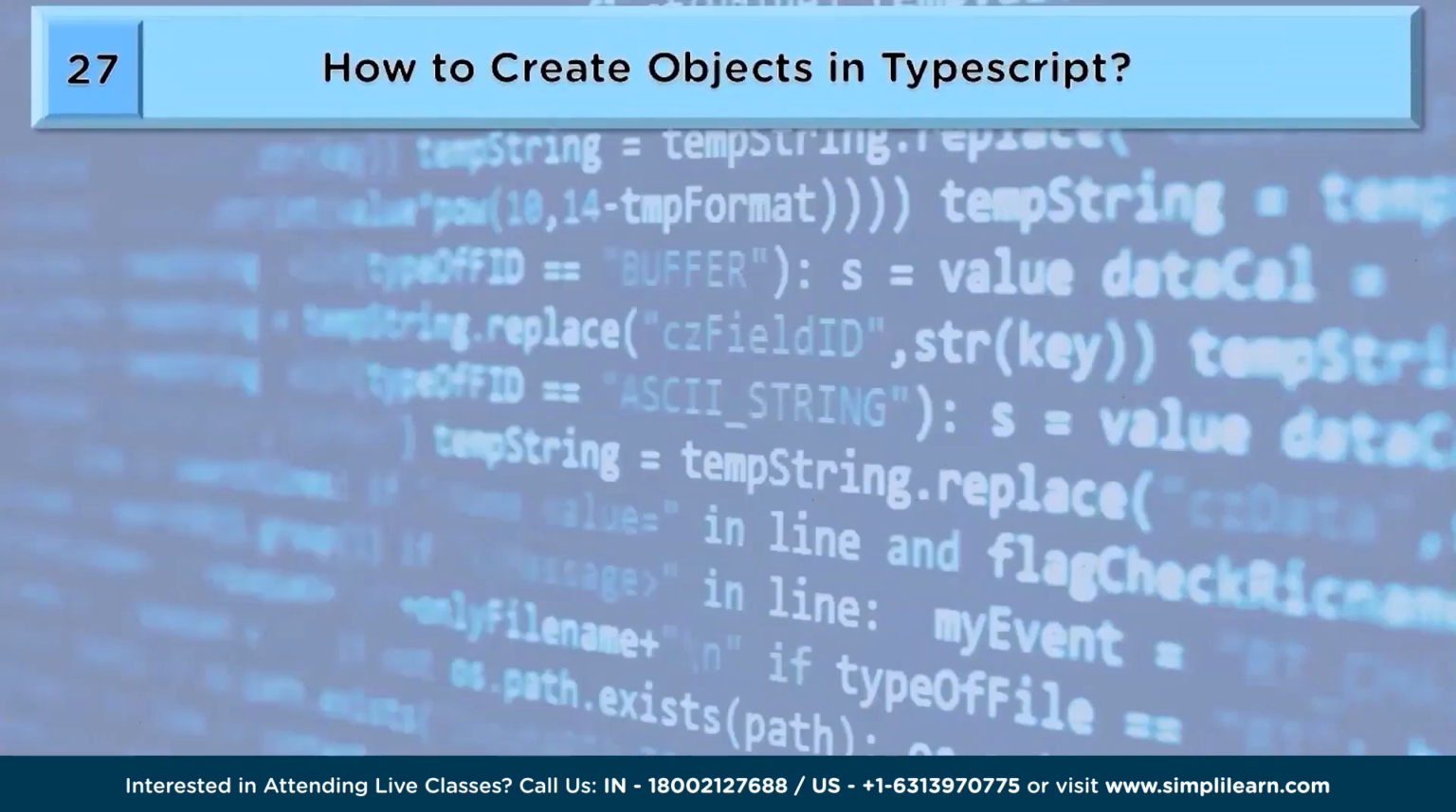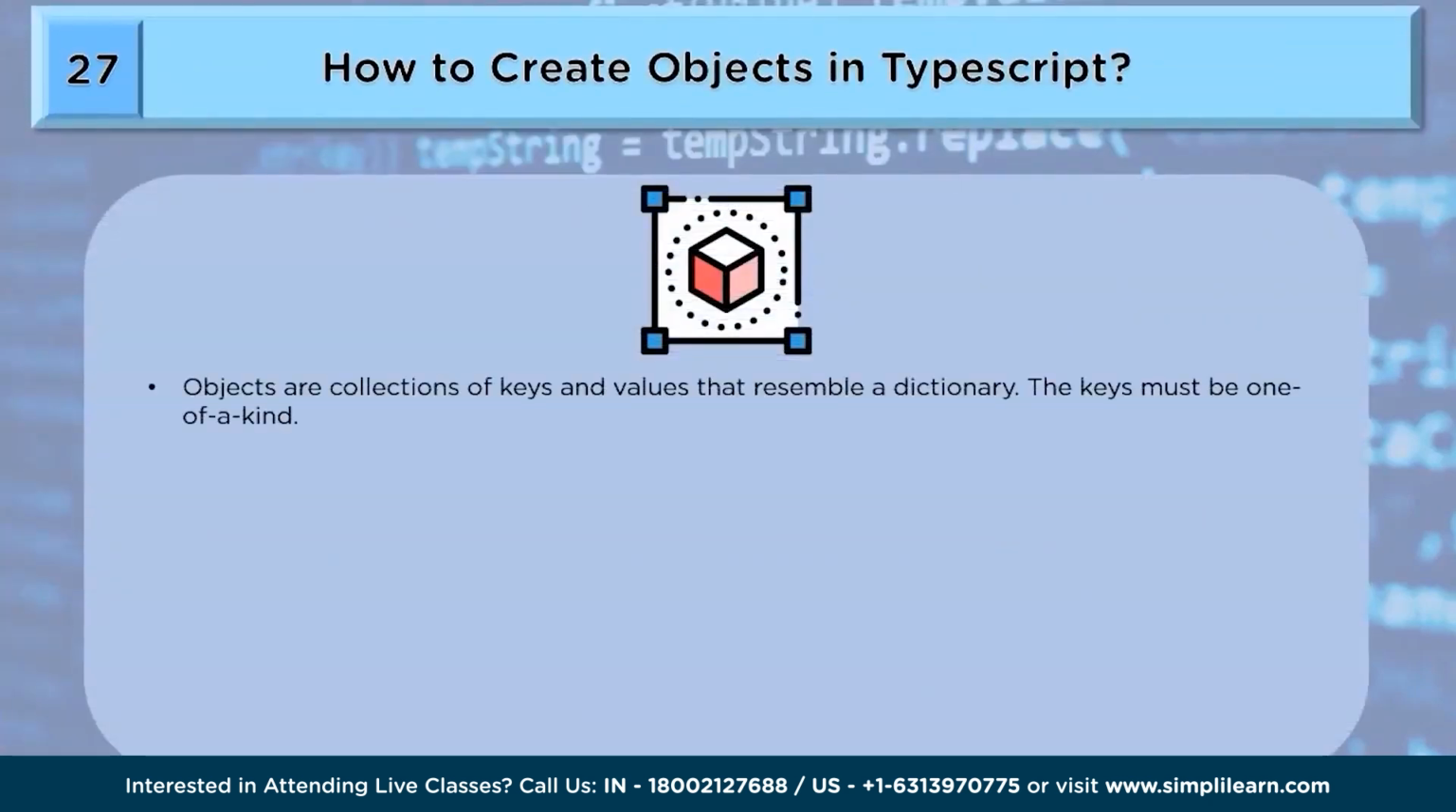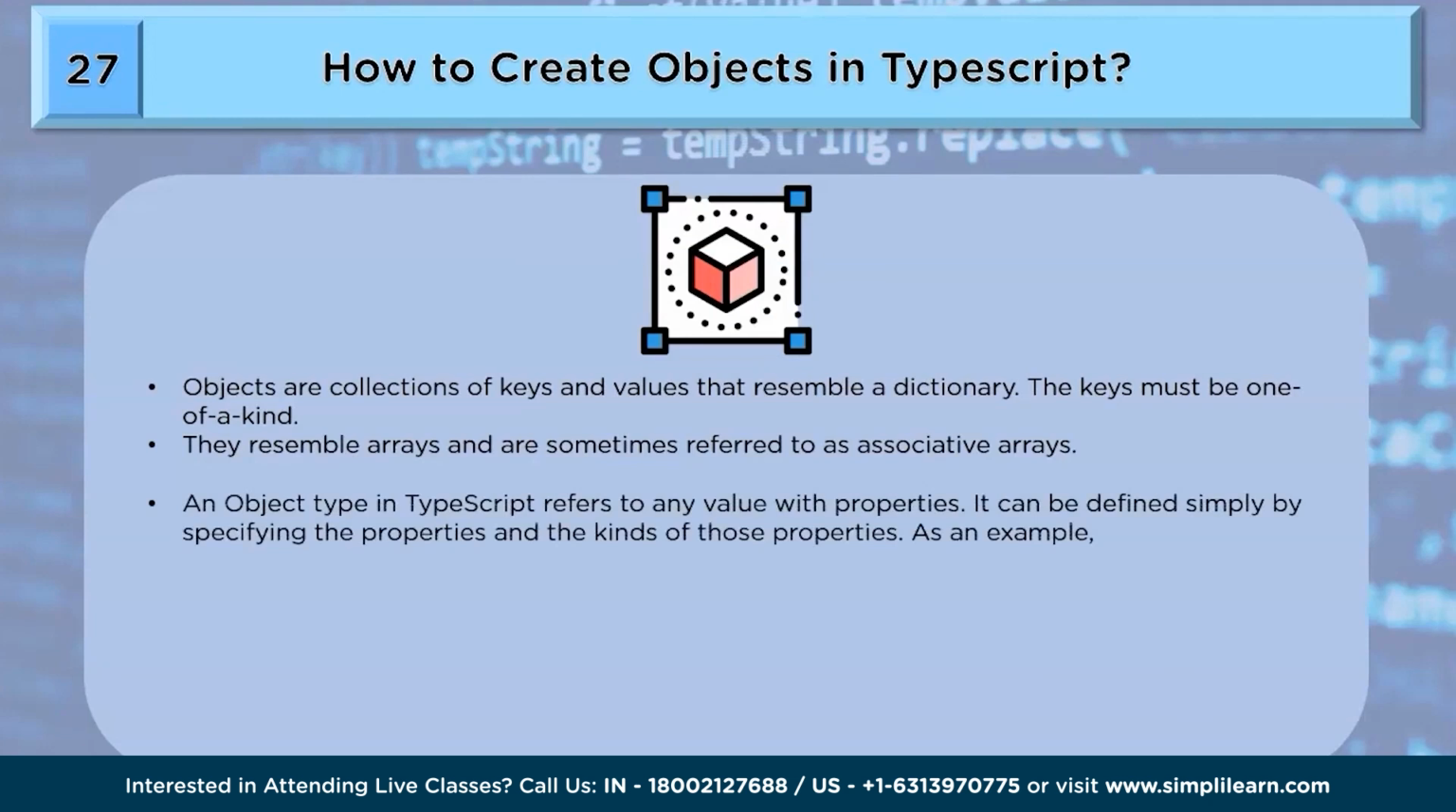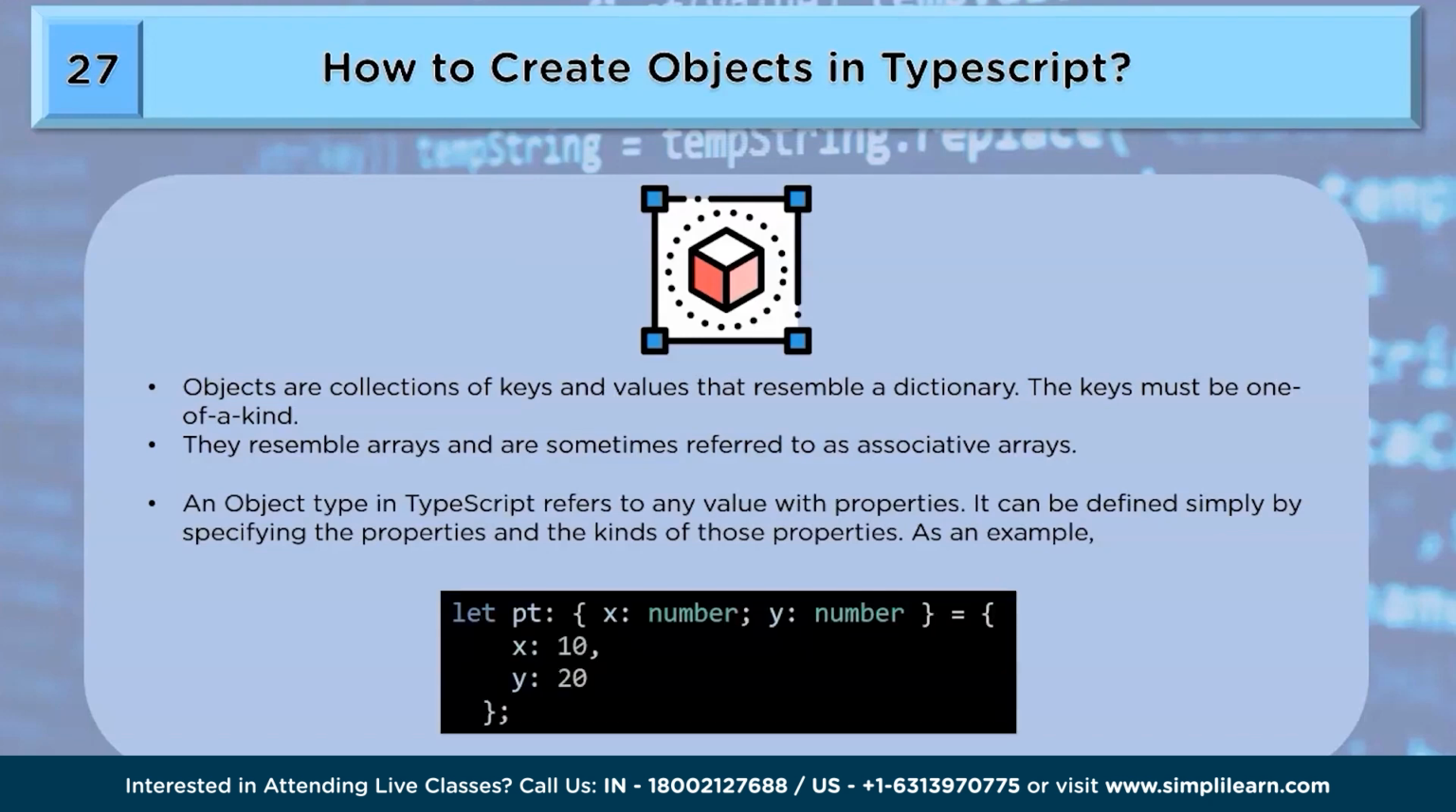How to create objects in TypeScript. Objects are a collection of keys and values that resemble a dictionary. The keys must be one of a kind. They resemble arrays and are sometimes referred to as associative arrays. An object type in TypeScript refers to any value with properties. It can be defined simply by specifying the properties and the kinds of these properties. As an example,